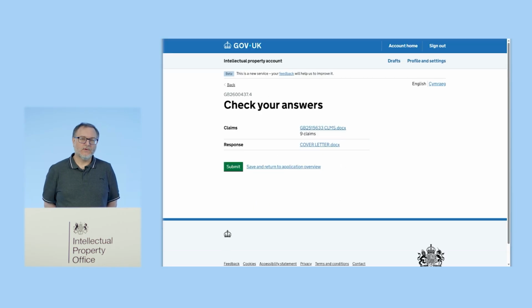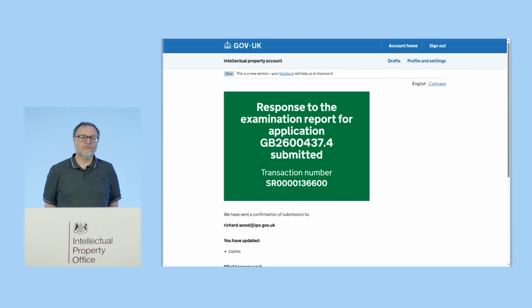Here I will be presented with the Check Your Answers screen, and from here you can check the documents you have uploaded. To continue, click Submit. Once the Response to Examination Report has been successfully submitted, you will be presented with this success screen. In the green box you will see the message Response to Examination Report for this application has been submitted, and